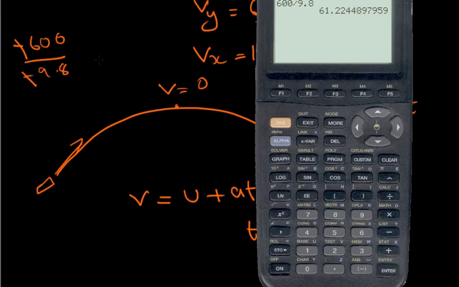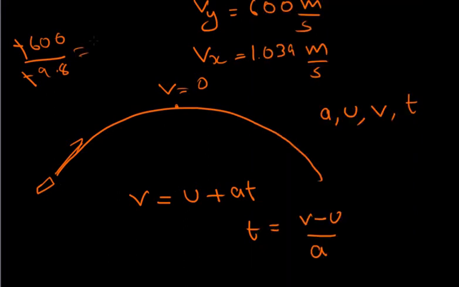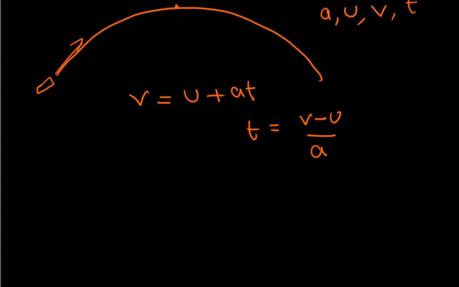So the answer is, it will take an astonishing 61.8 seconds for it to reach the top, and to reach the bottom it will take the same amount of time. So for the object to reach the top, it will take 61.8 seconds. So with that we found out the time for it to reach the top, and now we can plug that in our other equation to find out the distance it will cover.